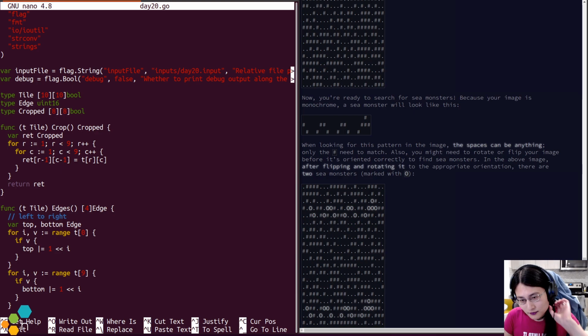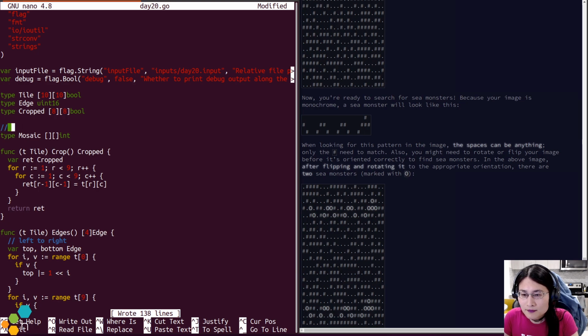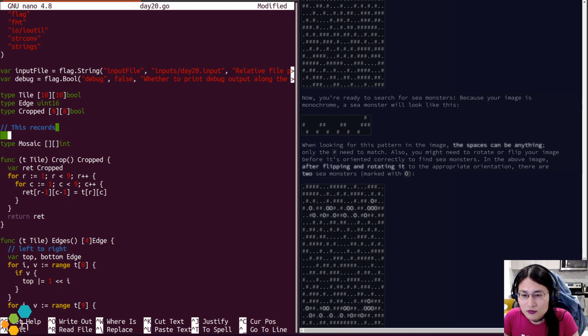Great. And then we're also going to need some mechanism of storing the mosaic. How do we approach this here?